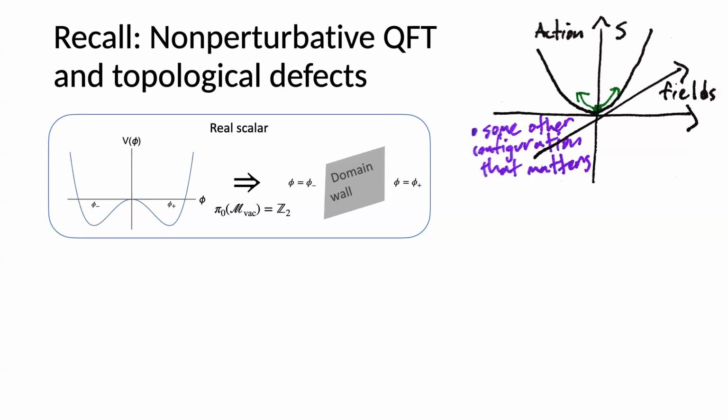If I just have a real scalar that spontaneously breaks a Z2 symmetry, then the vacuum manifold consists of these two disconnected points. You can classify that with some sort of topological number, a homotopy group. And that means that actually in these theories, when you go to the vacuum, there are non-perturbative objects called domain walls, which can appear in, say, the early universe and affect cosmology, that separate places in space-time where the scalar is in one vacuum or another. This is an extremely simple example that probably you've heard about before.